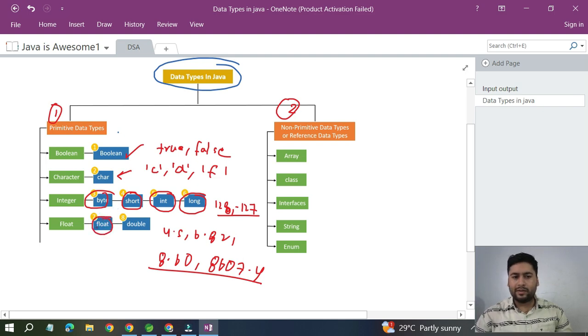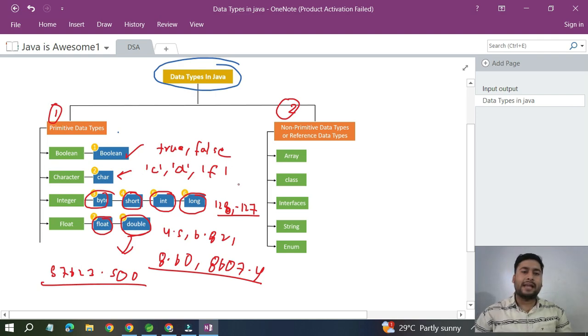In that only it will store the data, but if you have a large amount of data, you can take the help of double. It will store any big data if you give a dot, so it's storing a very large amount of data also. So this part I have covered, which stores only primitive data,